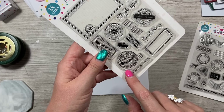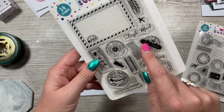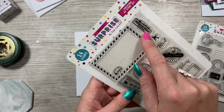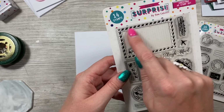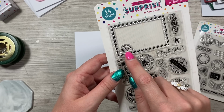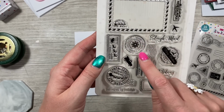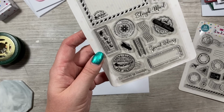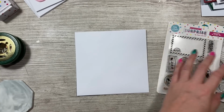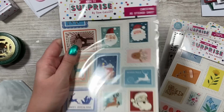25th of December, North Pole, airmail, delivered by Rudolph, Santa mail, special delivery, Merry Christmas, sleigh mail, North Pole, post office. This one's really nice. It's the one I heat embossed on that other sample on the envelope that I showed you. North Pole, airmail. This one says Santa's airmail, and this one says Merry Christmas. And you've got the little truck there as well. So that's the one I'm going to be using mainly, along with the Christmas sticker stamps, but you do, like